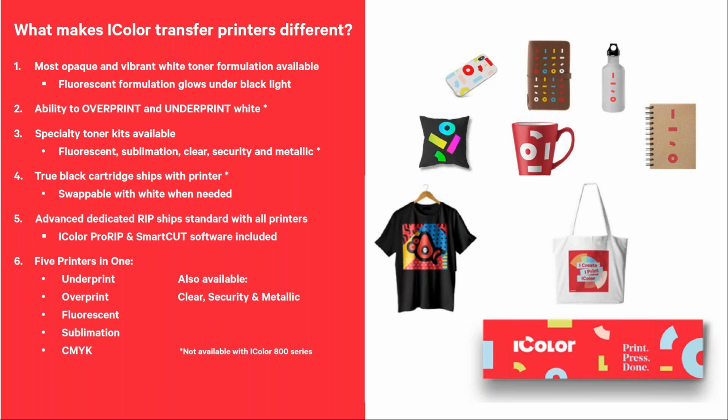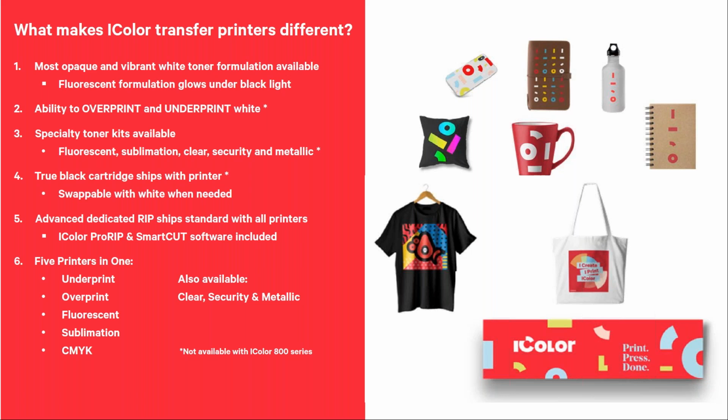Swap again. Now you have fluorescent colors. So when you use your fluorescent toner kit, anything you print should be nice bright colors, printed onto a dark shirt or a black shirt. And now anything that is exposed to black light will glow. So these kids have these black light parties or birthday parties like that. These shirts are a big hit in those kinds of situations. And again, just by swapping cartridges back and forth, you basically have converted your machine to something else.